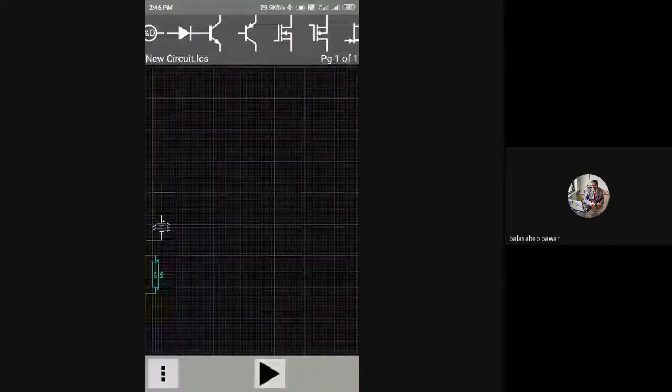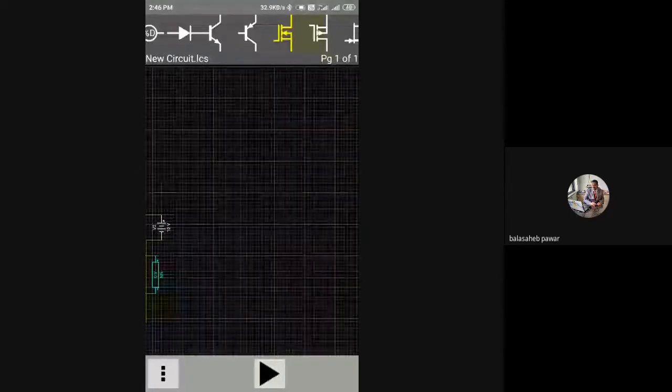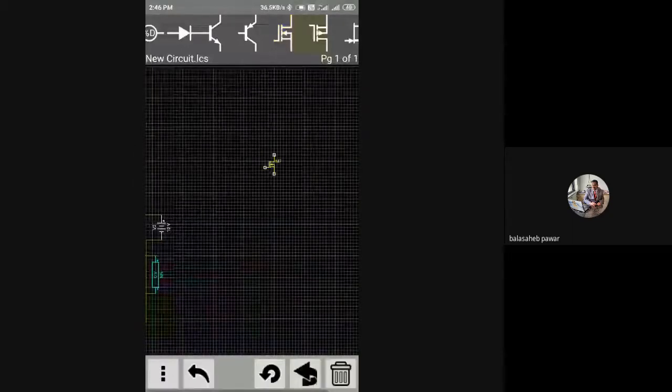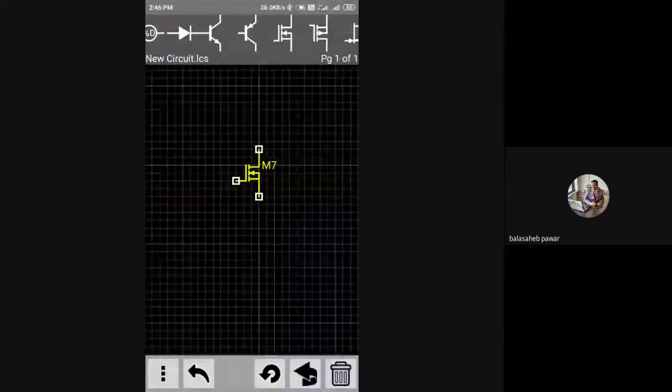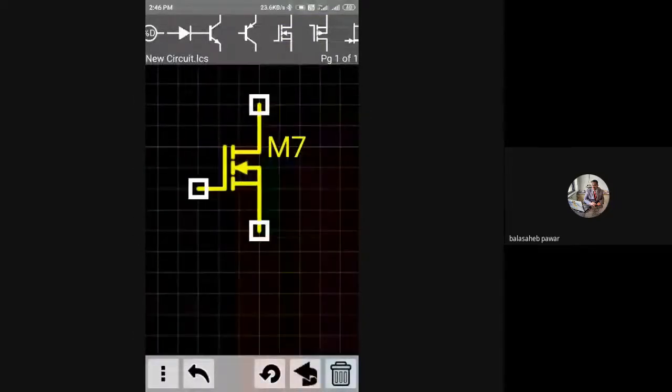This is N-channel E-MOSFET. Whatever I selected is highlighted by yellow color. Once you select it, you just have to place it on your screen. Just by scrolling, you can observe that transistor.